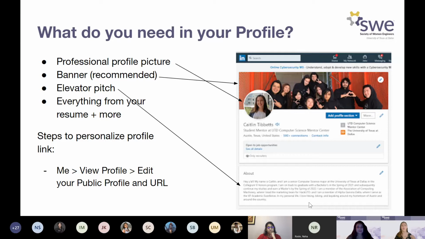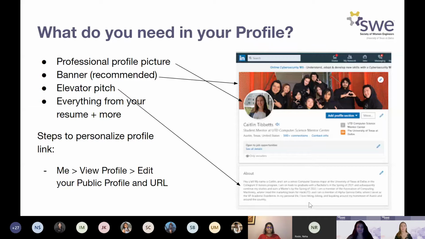That's what we're looking for, personality. You're trying to make yourself look unique to a recruiter that's looking at your profile, and give as much information about yourself as possible and make them remember you. And then the rest of the profile is going to be everything that's in your resume plus more. So your resume is only one page, right? It's only one page, everyone. I know it's hard. I have a really hard time keeping it all on one page, but it's only one page. You can't have all the stuff that you want to have on it. That's the nature of a resume. But all of that stuff should be on LinkedIn.